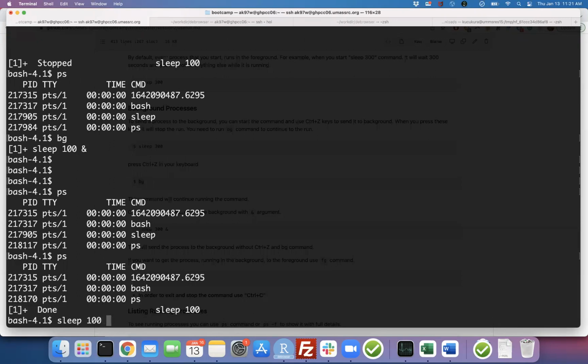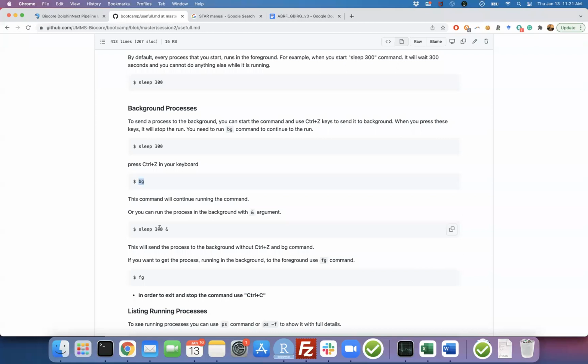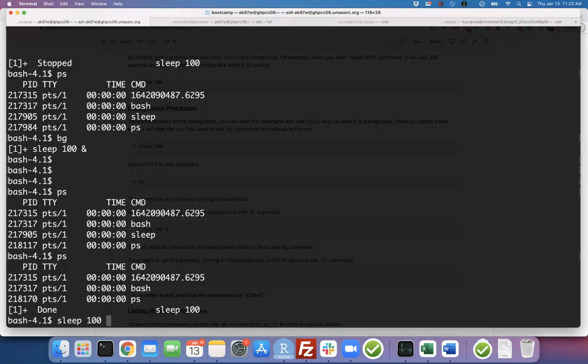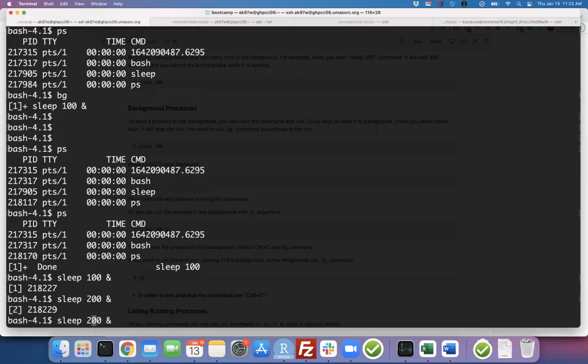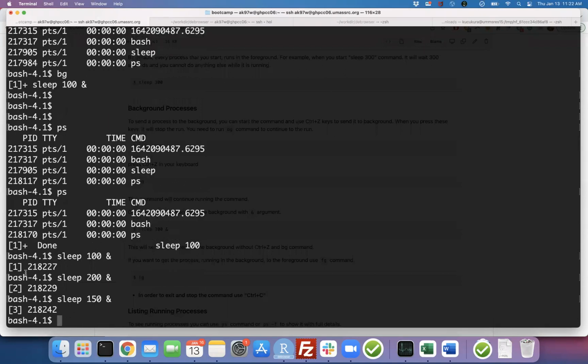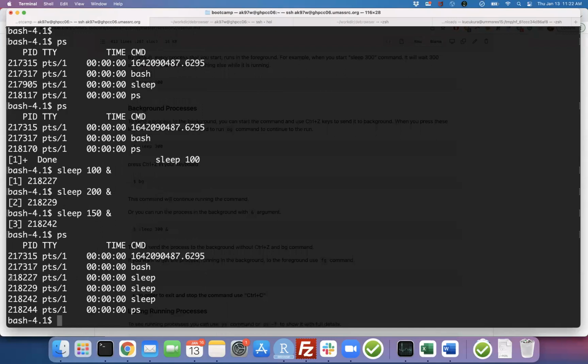By the way, I did this with Control Z, but you can send the command to the background with the ampersand character, like this. It's in the background now. I'm going to send another one for 200 seconds. Another one, for example, 150 seconds. See, 1, 2, 3. When I do PS, I have 3